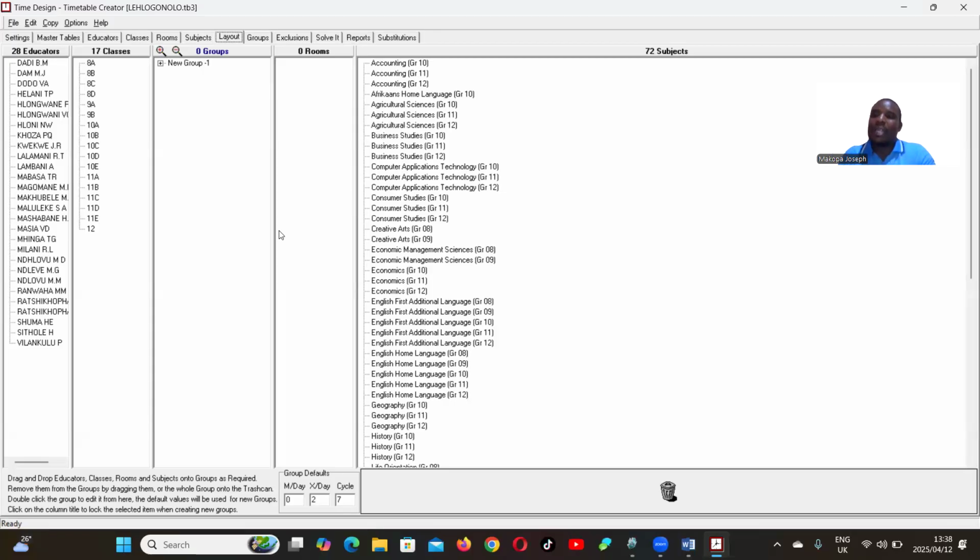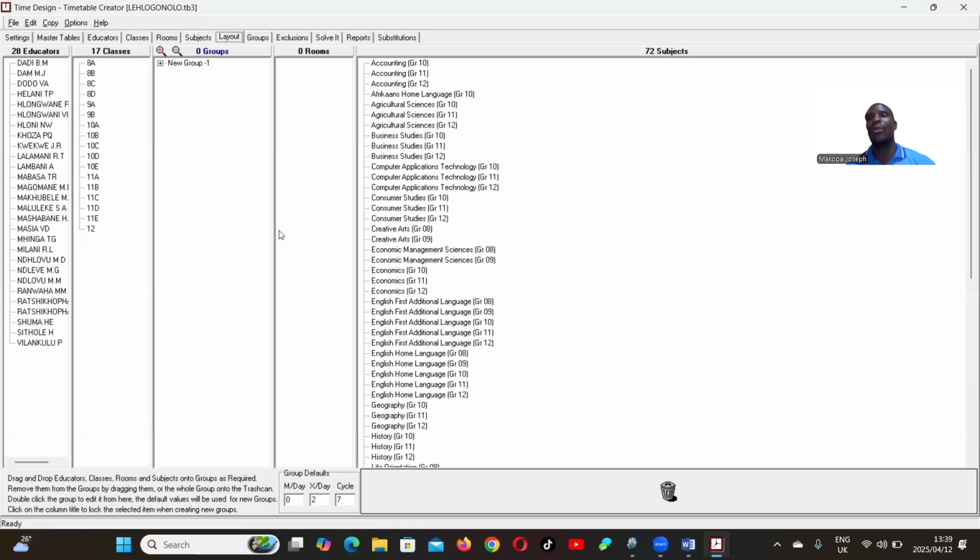It's 4, 3, 3, which is 10. They are going to share because they are not going to be going to class every day. One will maybe go twice, and then one twice, or even 3 times for that matter. And then if the subject is being shared, and the educator is having 3 in a cycle, the